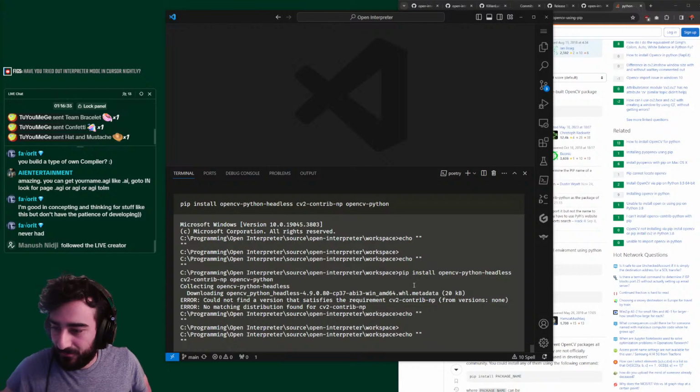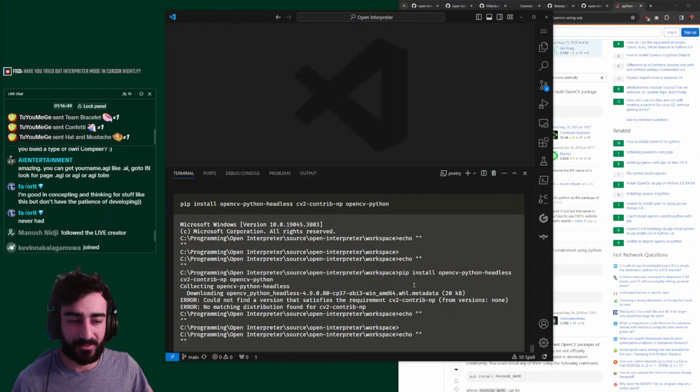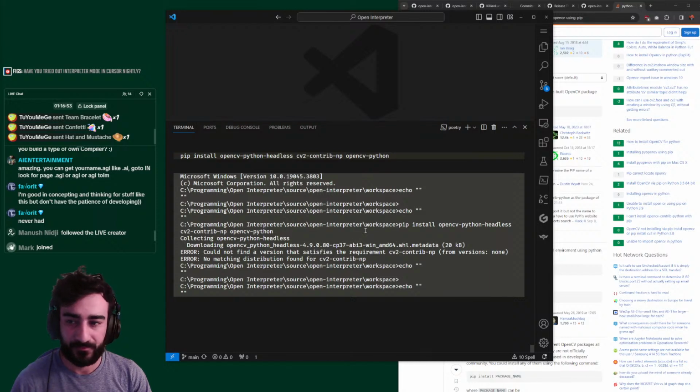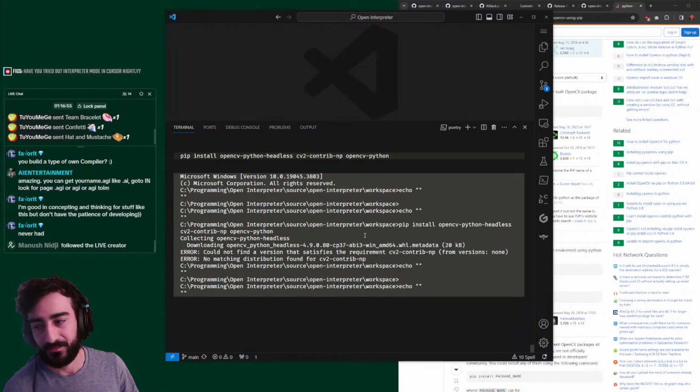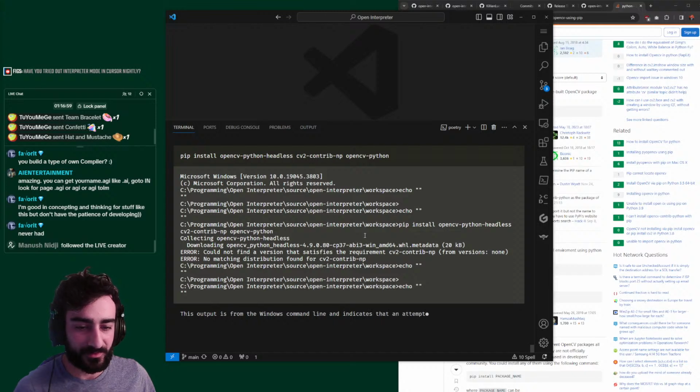Fig says, have you tried out the interpretive mode in Cursor? Yeah, I have. It's pretty good. What did we try to get it to do? Yeah, we created a React app. Haven't tried it extensively, but it's pretty good. But one of the reasons why I like Open Interpreter is it can run with local models with LM Studio. I'm not sure if you can do that with